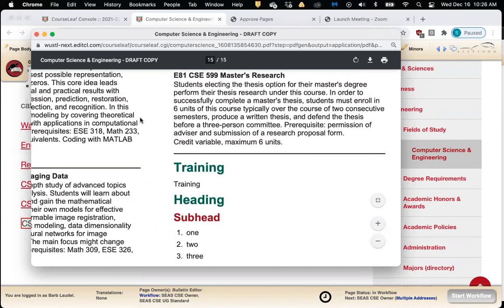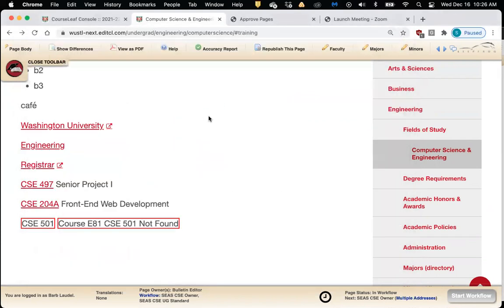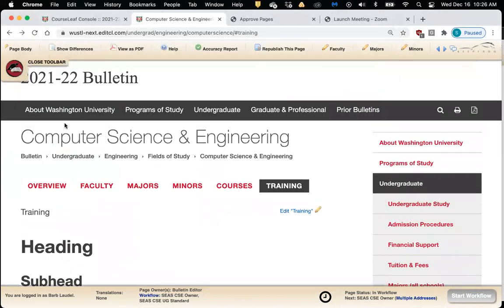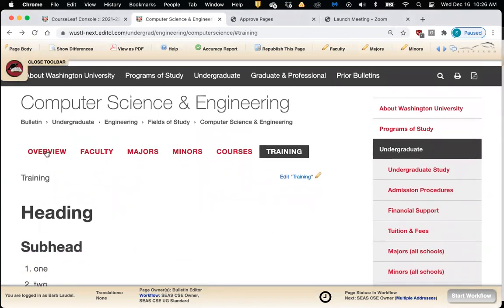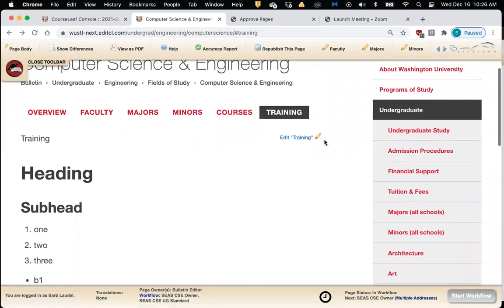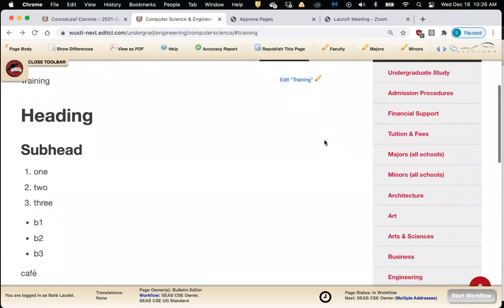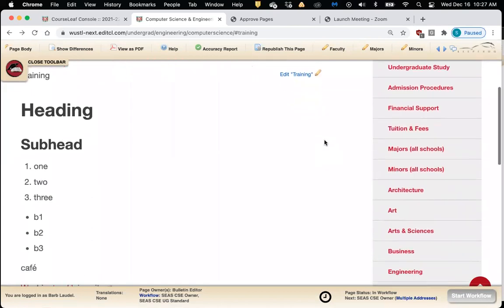Now, when you're looking at this in a PDF format, just so you know, the software looks at this as one page, and so the tabs are kind of chunks of the same page. What we did was scroll down to find that training chunk of that page. Okay. All right. So the other thing before we continue.